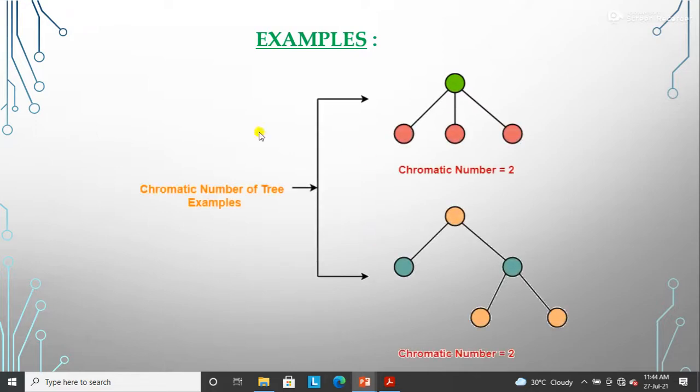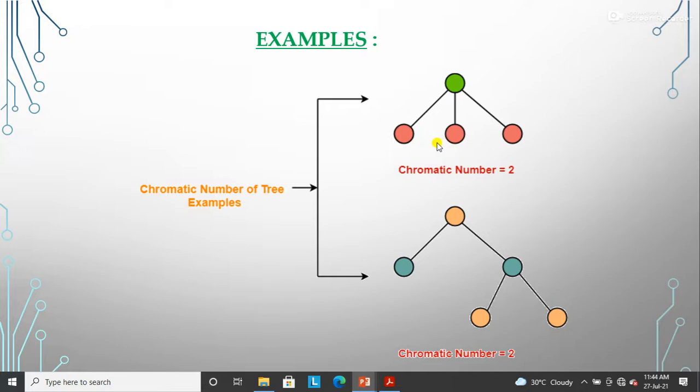Let's take an example here. This is a tree, right? This is your root, and these are the children of this tree, and you can see that this is a bipartite graph also, and you can give a different color to each level, this one and all these ones.